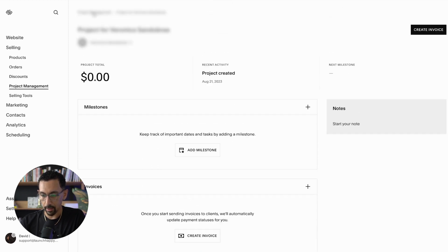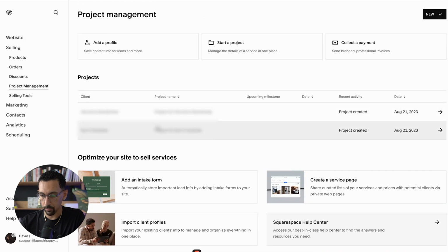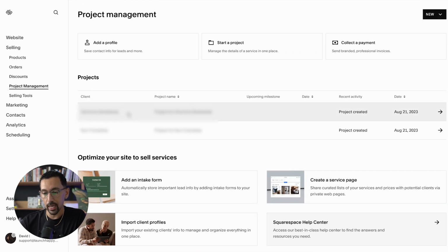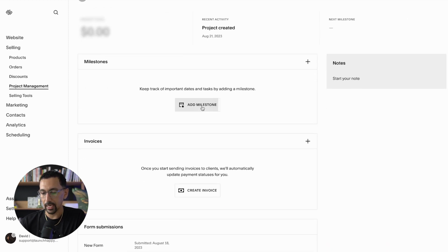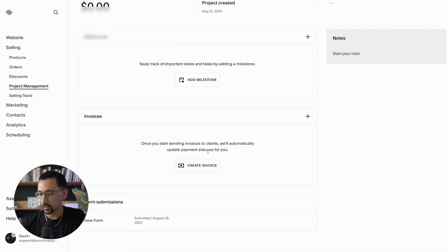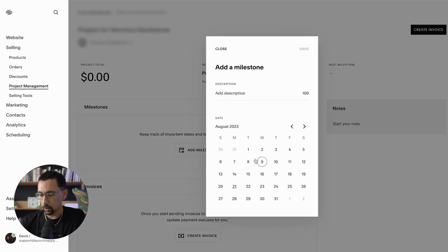I'm gonna take one step back and go to project management and just show us where we came from here. So we have these projects. We had add a portfolio, start a project, collect payment. Well, I'm gonna click into this first one here. This is the one we just created. We could add in milestones, invoices, all of that. What I'm gonna do right now is add in a milestone, which we're gonna say by August 31st, add a description here,